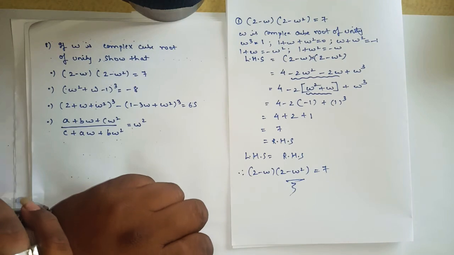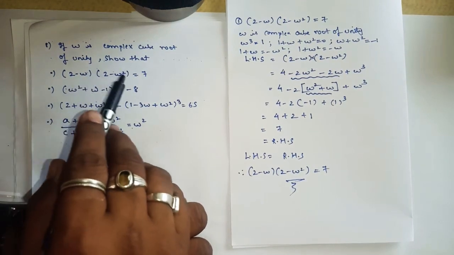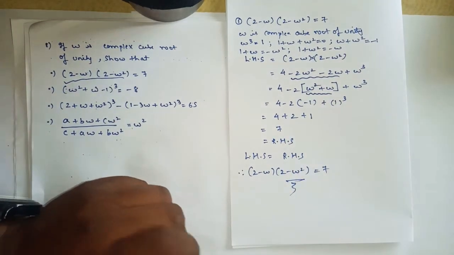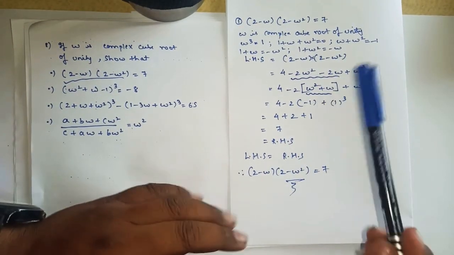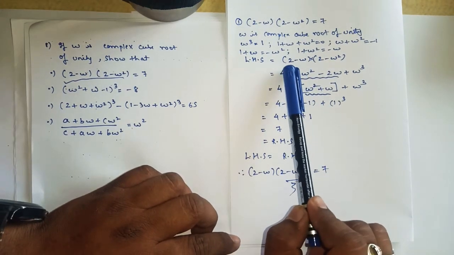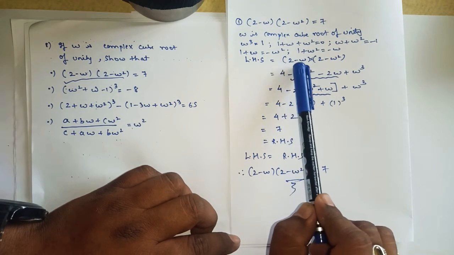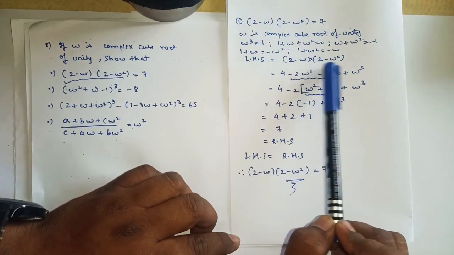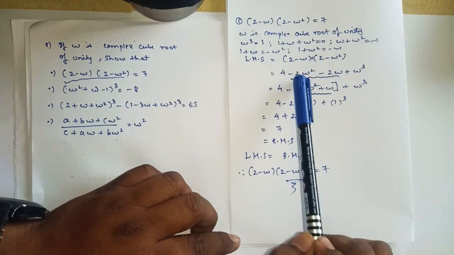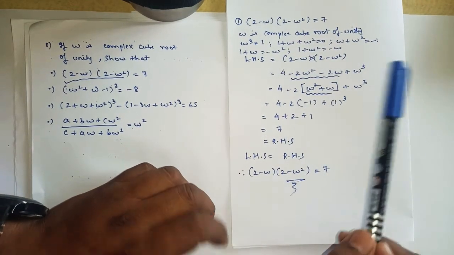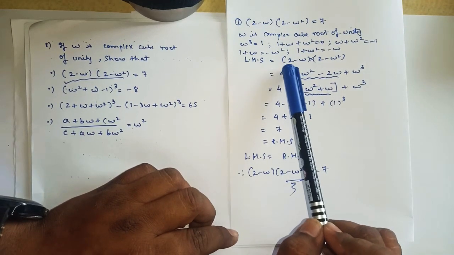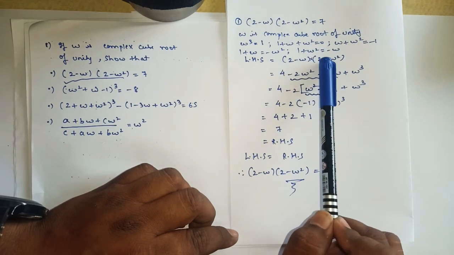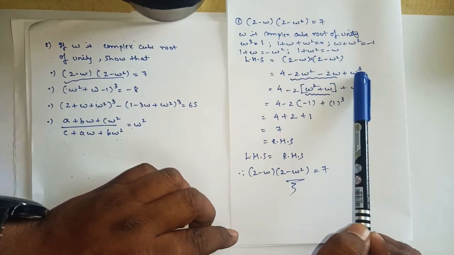So here in this next question, exactly we have to show that left hand side is equal to right hand side instead of finding the value for this part, yes or no? Okay, the first sum actually it was very simple. So what I did here, as clearly we can see that we cannot apply direct formula for 2 minus w, as we cannot see 2 minus w anywhere. Even 2 minus w square also we cannot see anywhere. So what I did, we have to think differently now to get the answer. So here, as the connection between these two brackets it was multiplication, so what I did, bracket expansion. So here we got this step.